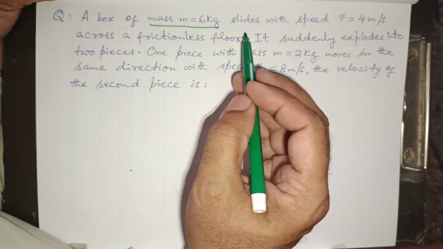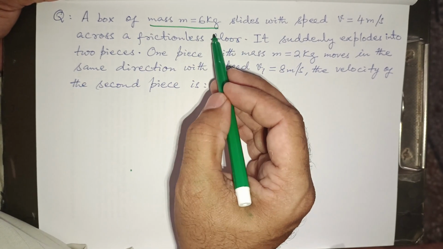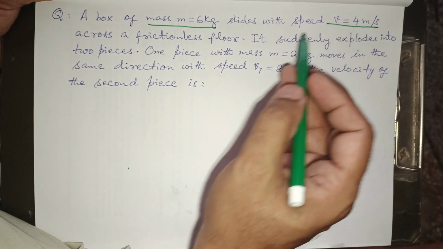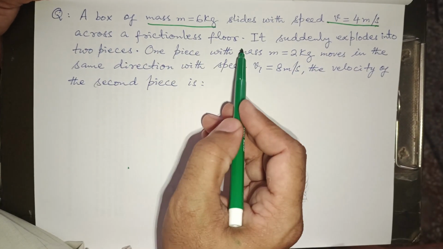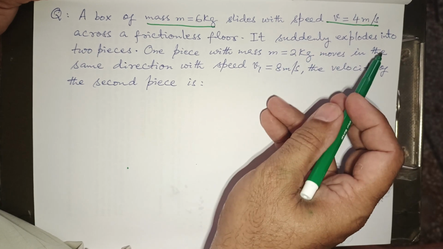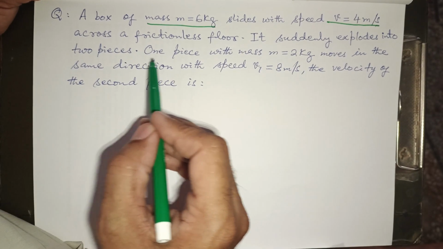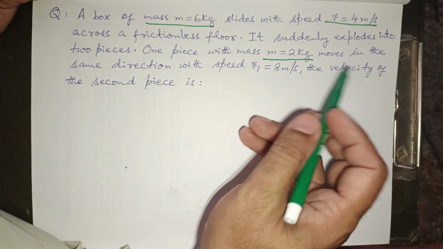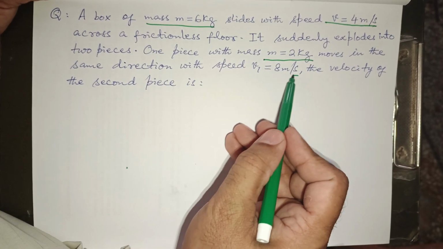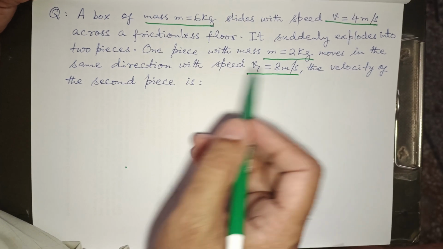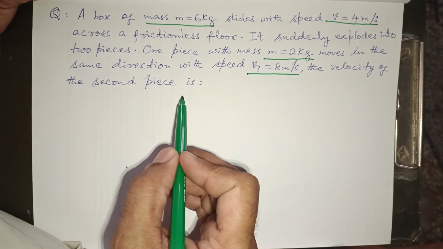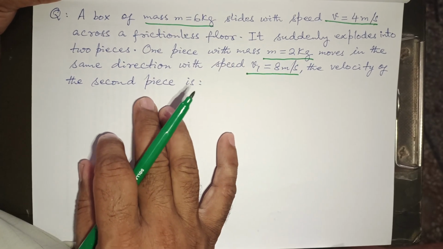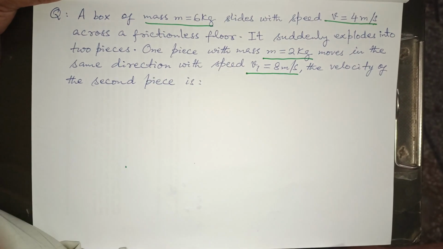A box of mass 6 kg slides with a speed v equal to 4 meters per second across a frictionless floor. It suddenly explodes into two pieces. One piece with mass m equal to 2 kg moves in the same direction with a speed v1 equal to 8 meters per second. The velocity of the second piece is... Here you can judge immediately that the law of conservation of momentum